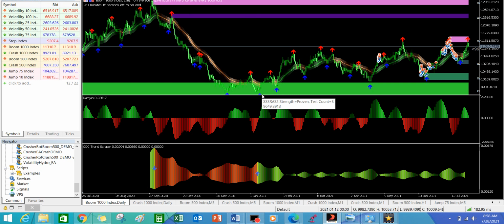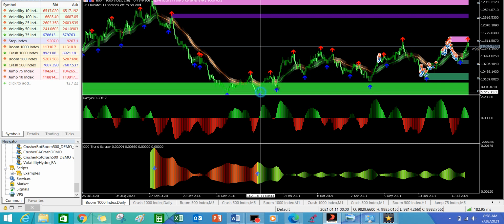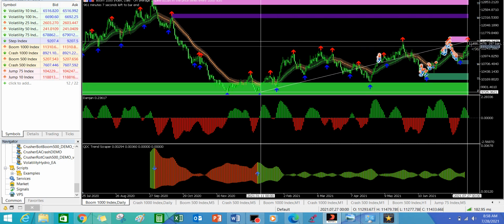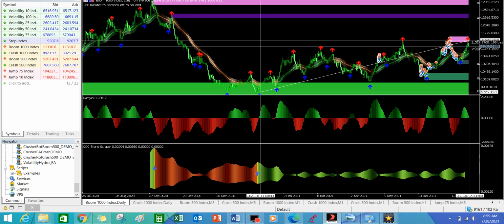Then right from here it has been trying to pull back up on an uptrend. Even though the uptrend is not as significant as that of the downtrend, it is still an uptrend. It went up right from that support level to this level. So that is the market movement.